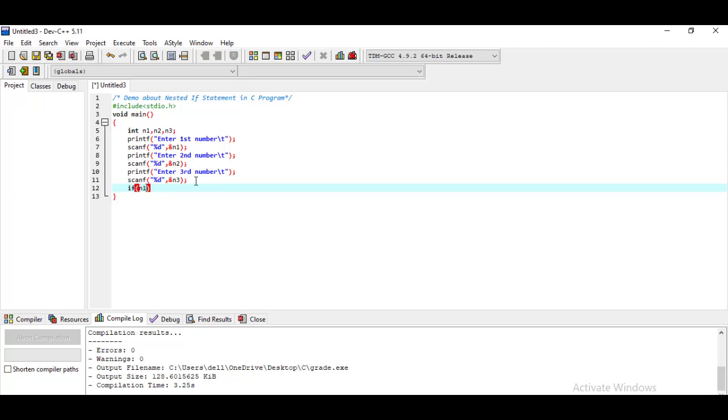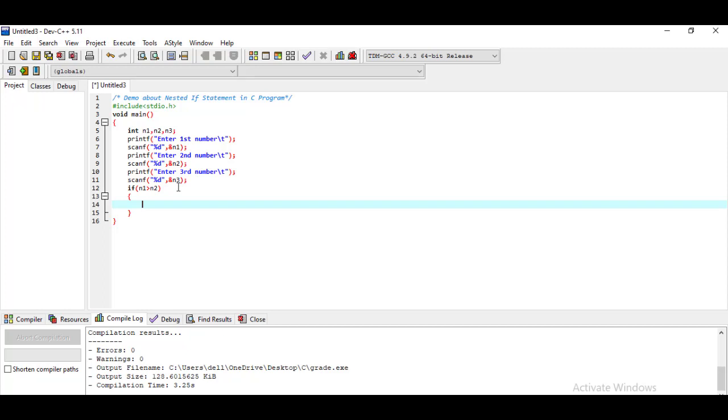If number 1 is greater than number 2, here I have to write the body for this using the curly brackets, and within this I have to also check. Number 1 will be the largest if number 1 is greater than number 2, and also greater than number 3.